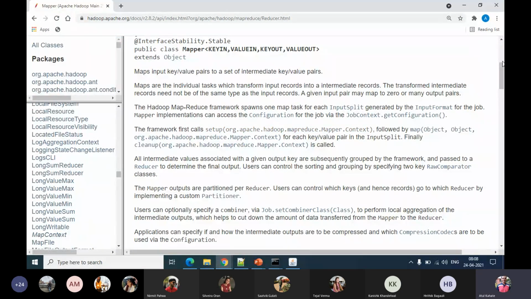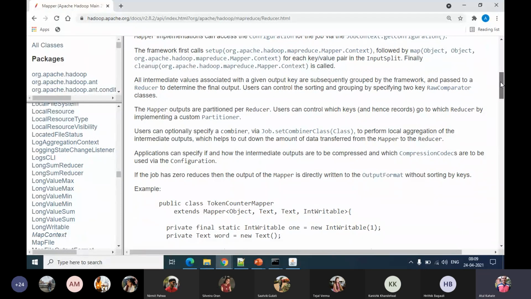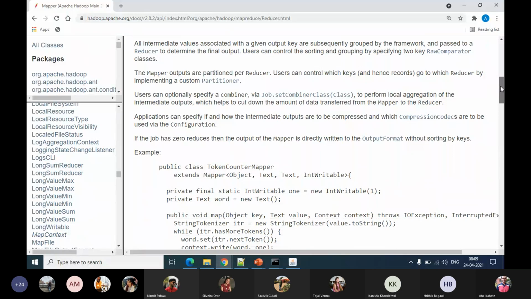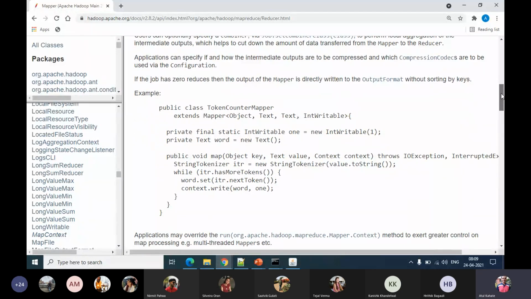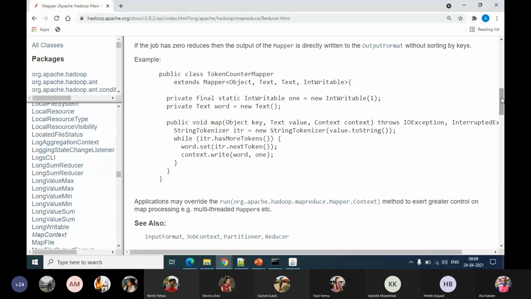Skip some of the over technical details. So here, for example, the documentation has written a token counter mapper by extending the mapper class, which again has these four parameters.